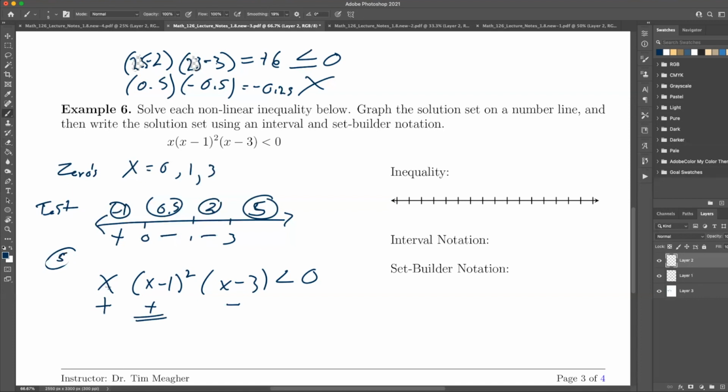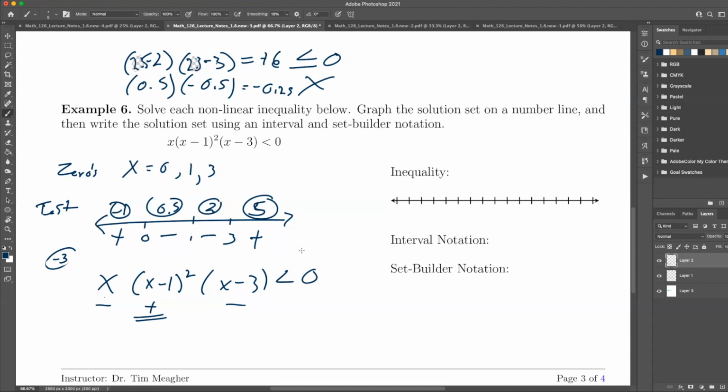Let's test 5. This is positive. This is always positive. And 5 minus 3 is positive. And so we get that this is positive, right? Now notice if we test any other number in these intervals, we'll get the same sign. So here if I test something like negative 3, negative 3 makes this negative and makes this negative. So overall, it's still positive. And if I test 10, this would have been positive, positive, positive. So overall, it's positive. So no matter what you choose for test points, it always